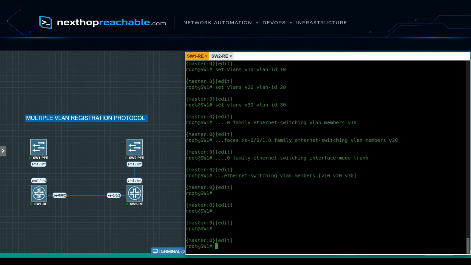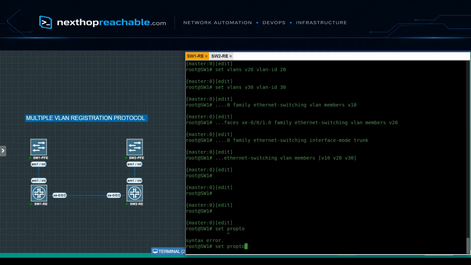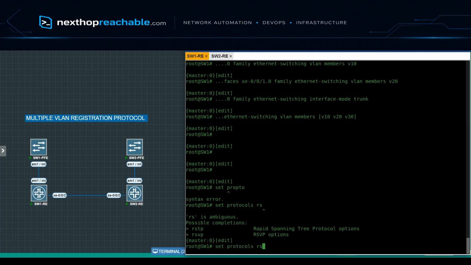We will also enable RSTP on the participating interfaces. MVRP works with the switching control plane state, so we want the interfaces to be in a good layer 2 state. We don't want loops or anything like that, so we'll enable RSTP. We'll go set protocols, RSTP, interfaces,